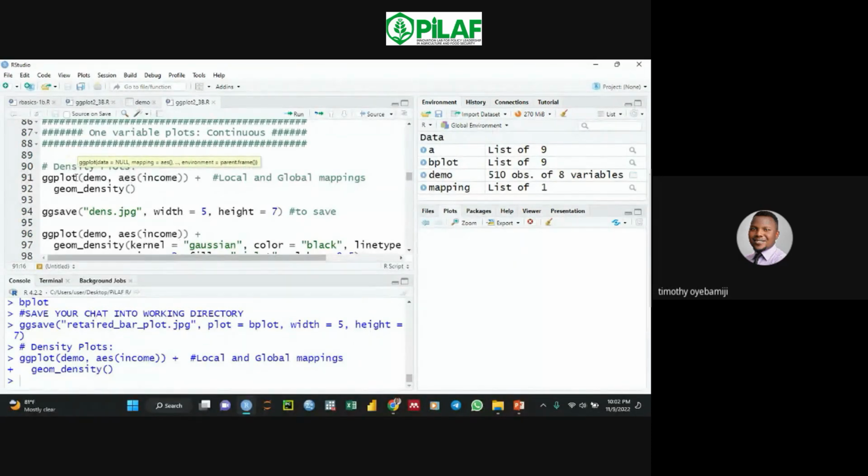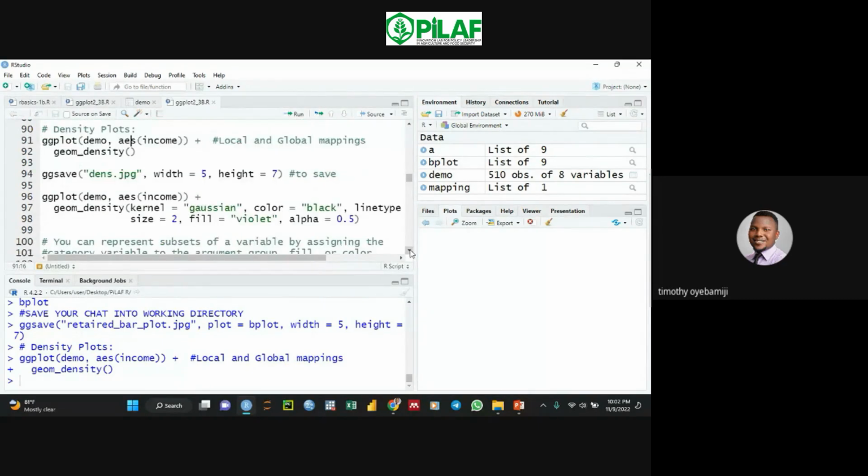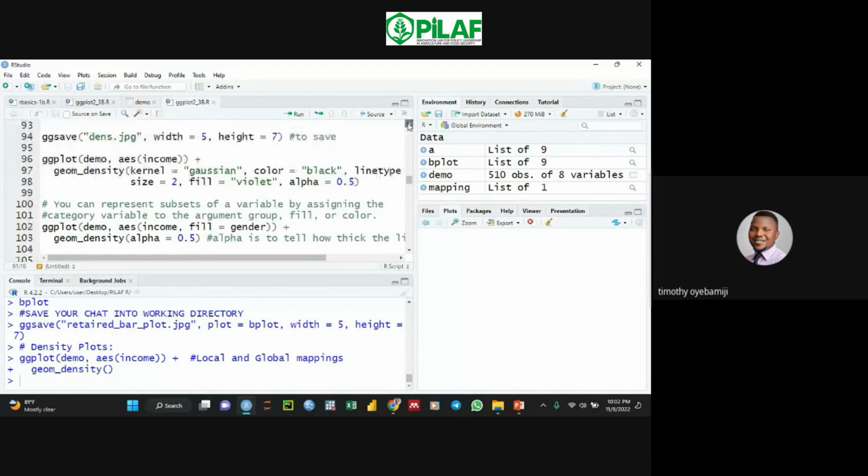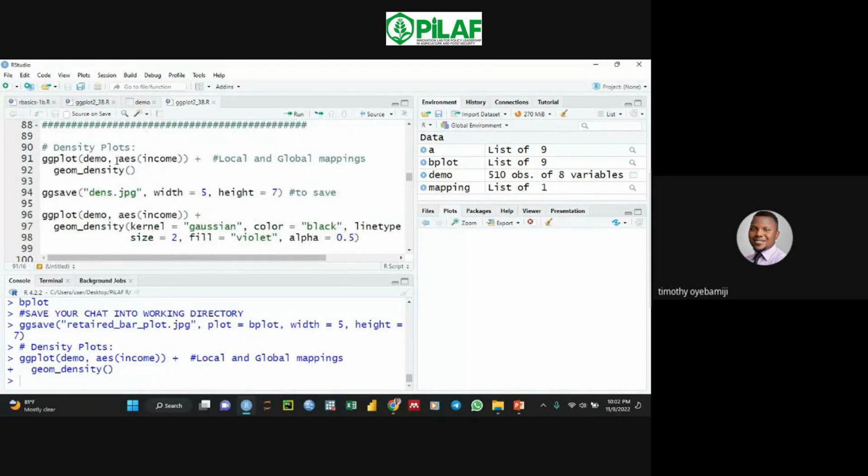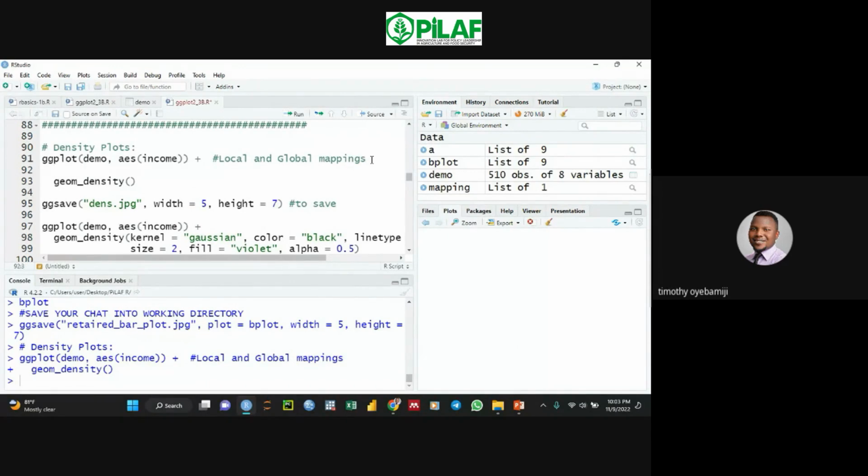ggplot encompasses everything. So this is why this is called global mapping. While the other one that I did, I think I separated it somewhere. Okay, I didn't. All right. So now if I do it the other way, the local mapping, if you specify it two times, I'm struggling to explain what I'm saying. So if I have aes, what other, okay, car price, CARPR,